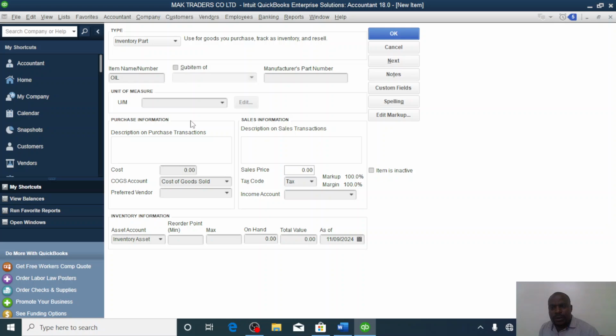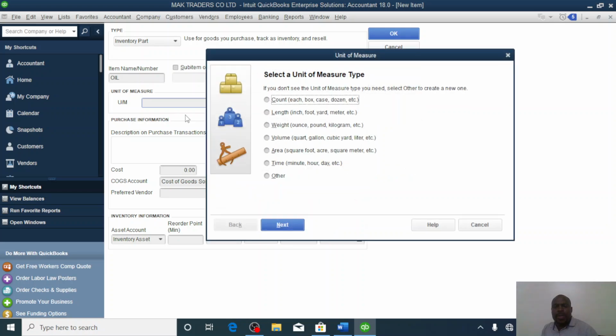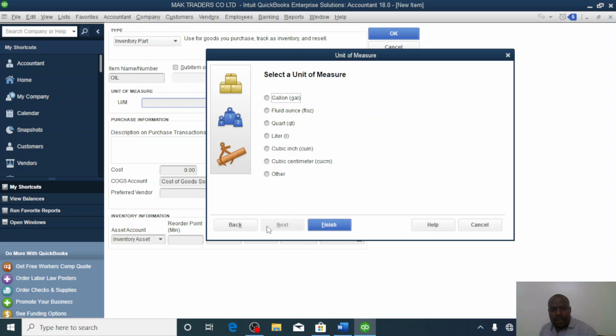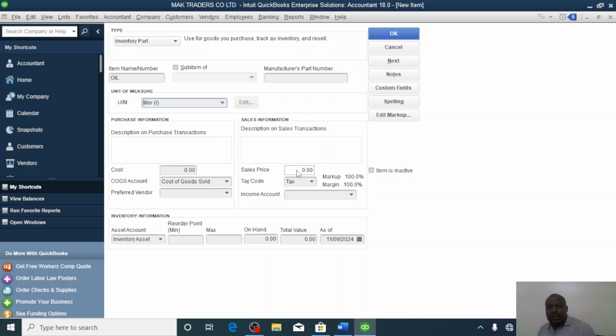We shall create a new account, which is here in volume, part of our work, and I will create it now. It is finished. I will come here. Our description is IV3. Our cost per unit is